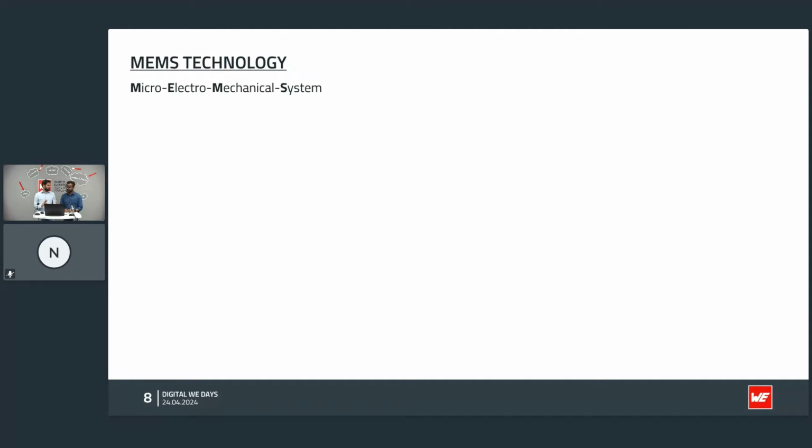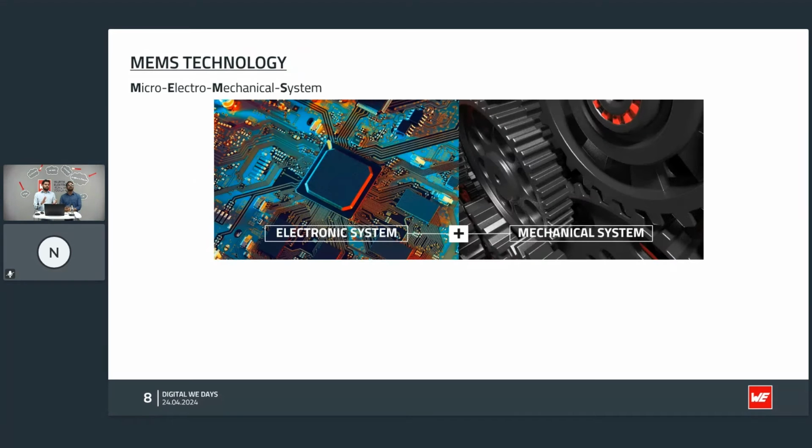You talked about different types of sensors, the different technologies that sensors are made of, and one of the most popular ones is MEMS. So MEMS stands for Micro-Electro-Mechanical-Systems. Basically, the name says it all. So it has a mechanical system, which is a moving part. So this is the part where some movement is happening,